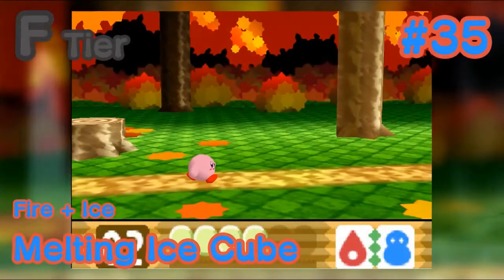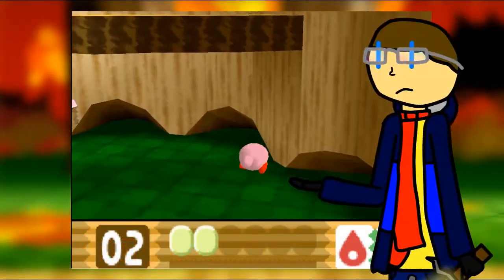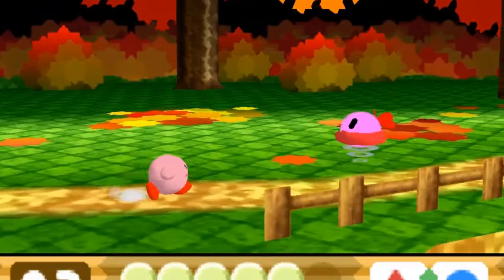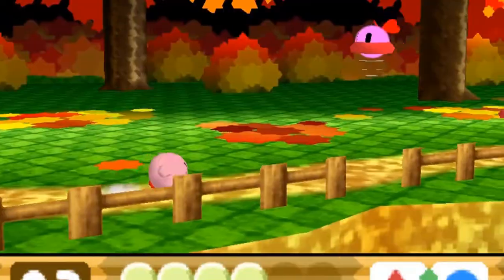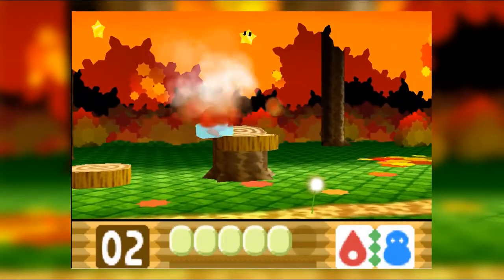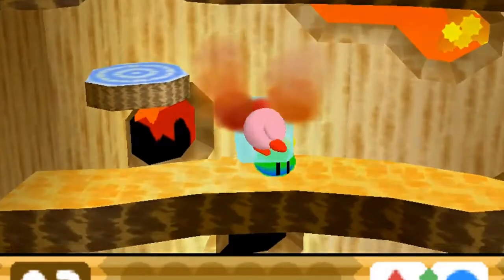Number 35 is, unsurprisingly, Melting Ice Cube. Not surprised that something bad came out of Fire and Ice, but come on. This is straight trash. Sure, it can do something sometimes, but other times, well...